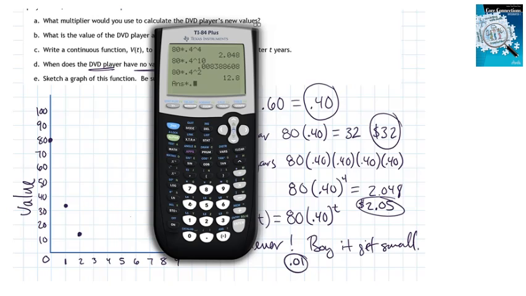Times 0.4 is $5.12. Well, okay. Then times 0.4. Oh yeah, that was the $2.05. We got that one earlier. And then, I have to definitely, we talked about,